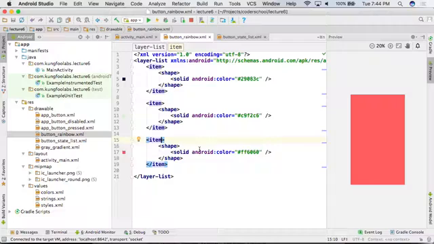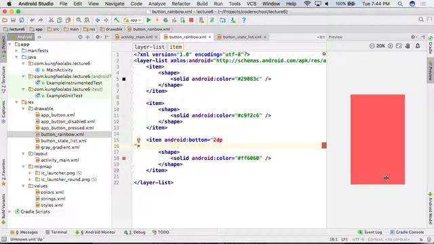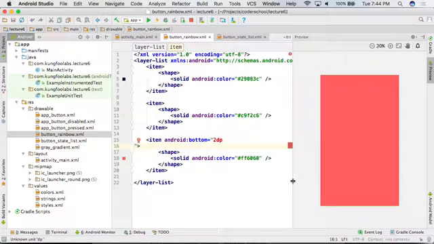Boom. You want to give this a try? How would I do that? I think we specify the bottom. Okay, cool. So for which one? This one or this one? Bottom here? Okay, the bottom. And what dp? The button's pretty small, so something smaller. 2 dp. 2 dp. Okay,